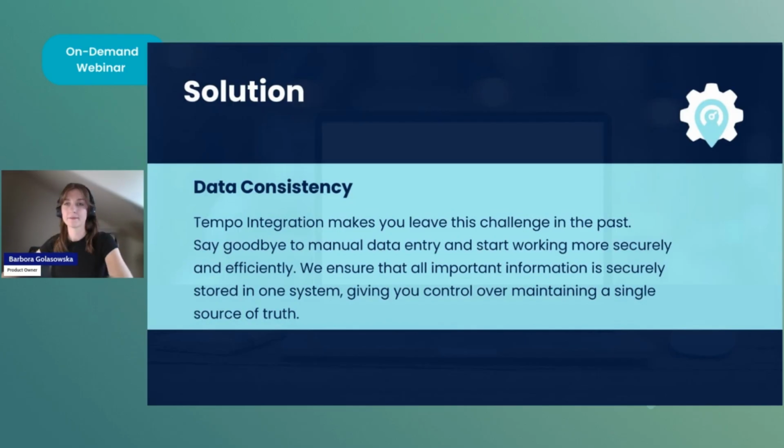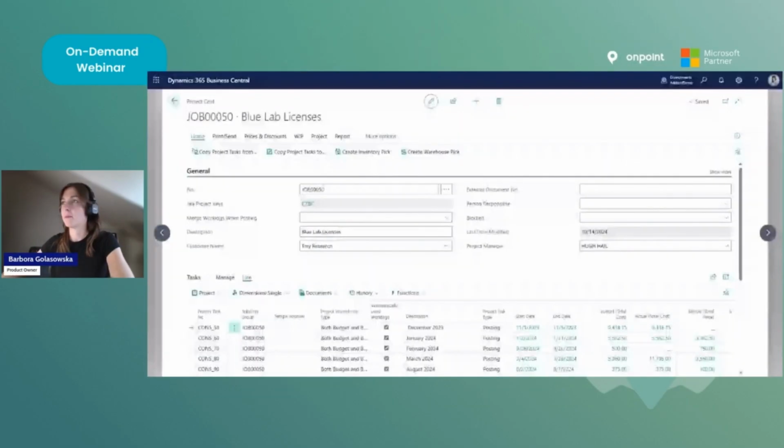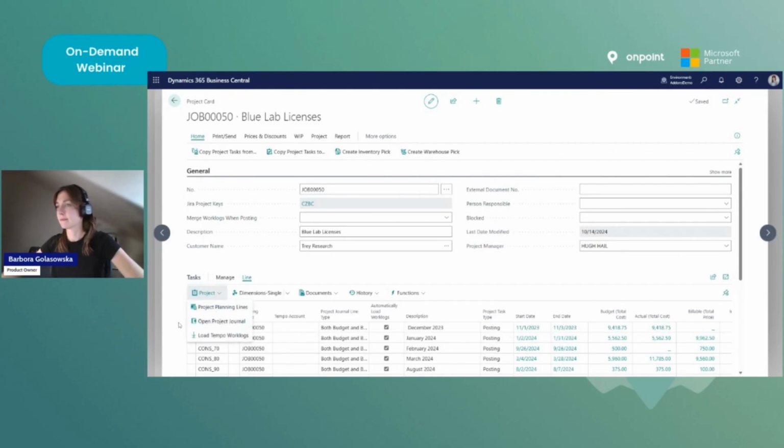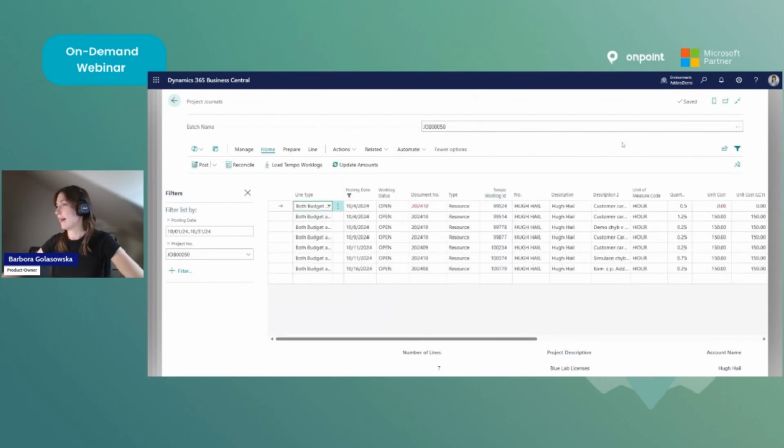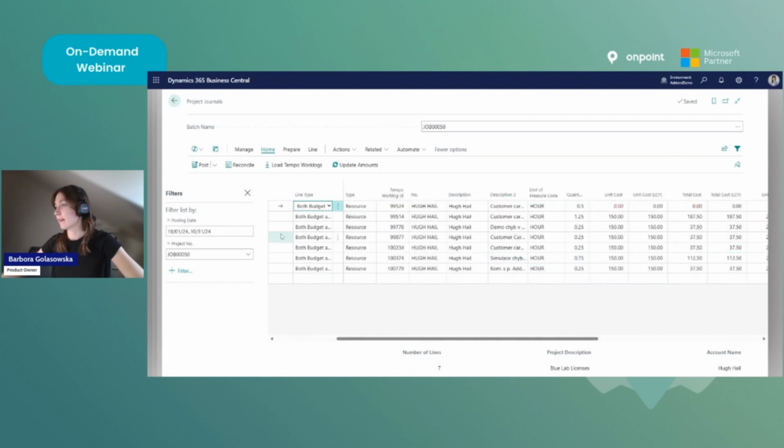Okay, I'm going to show you another demo situation. Let me share my screen again. Let's go to the project journal once more. And let's say you're about to post the work logs for the month of October, as you can see filtered here. But you notice that one of the lines contains a mistake. Well, how would you approach this? The correct approach is to delete this faulty line, or you can leave it here as you want,